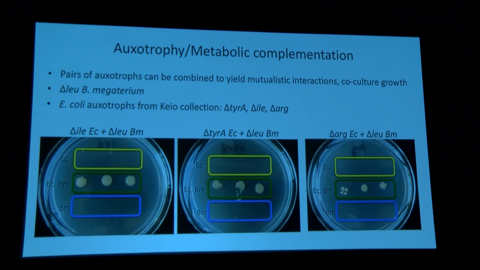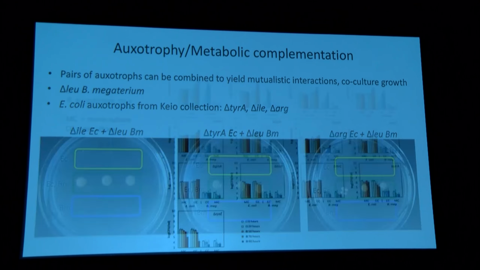And I'm starting out here just showing you this on solid phase, because I think from an image perspective, it's a really nice way to see it. So what we've done is we've spot plated E. coli across the top, Bacillus across the bottom, and then we co-culture them in the middle. And we've done this for our isoleucine auxotroph of E. coli, our tyrosine, and an arginine auxotroph here. And in each of these three cases, you can see that on their own, we see essentially no growth, but we put them together and we see nice cross-feeding and metabolic complementation. And so this indicates that this might be a good strategy for getting these two organisms to grow together in culture. So what happens if we put them in culture?